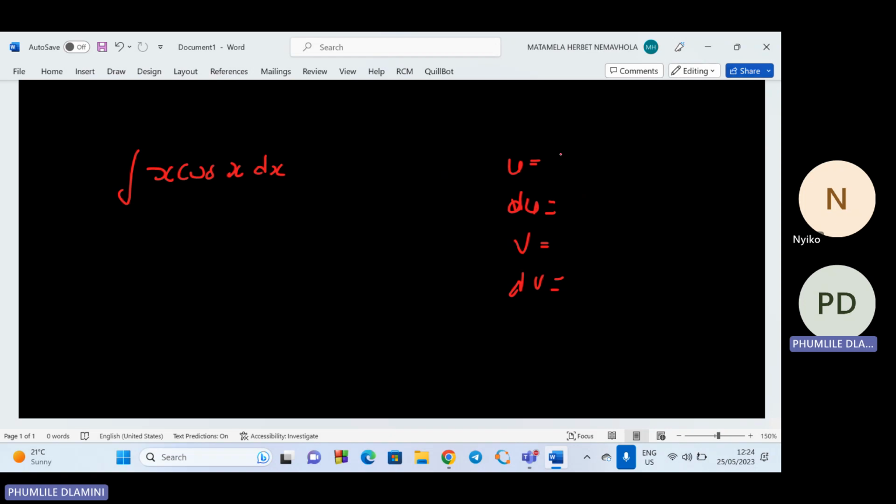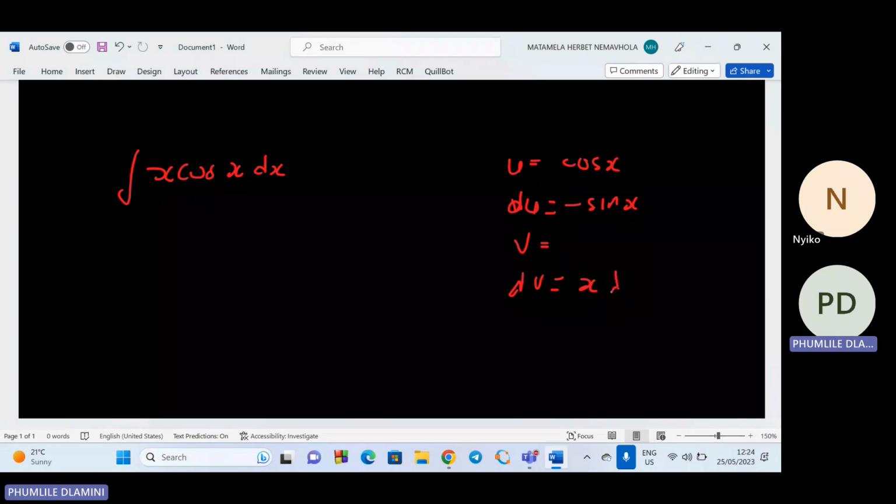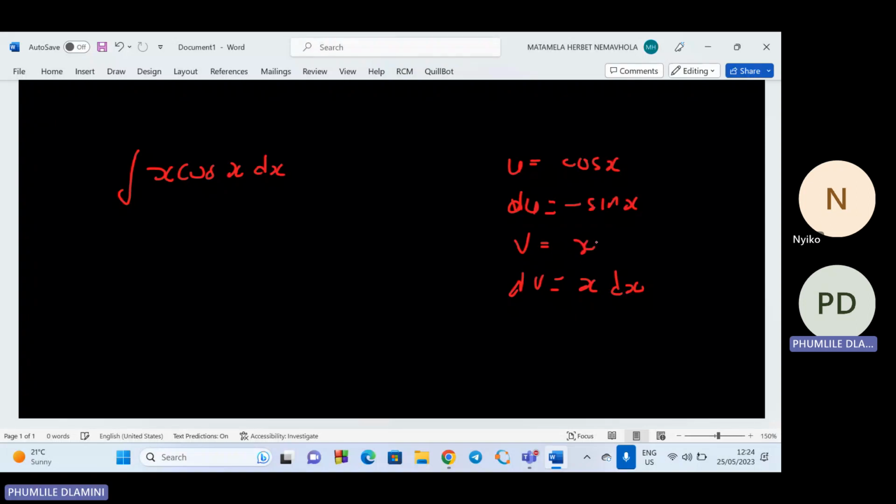So I can even start here and say, okay, my u is cos x. Which means if I differentiate cos x, I'm going to have negative sine x. And if I put my dv as x dx, it means v was x squared. But when we differentiate this x squared, we get 2x, which means here I can divide by 2, 1/2, so that I can get x. When I use this method, it's going to be equal to uv, which is 1/2 x squared